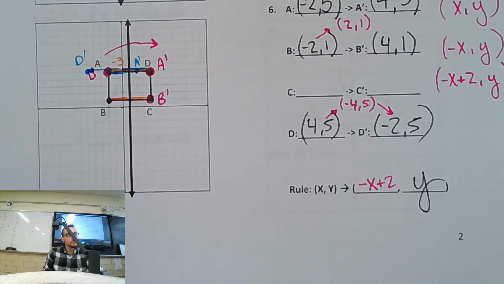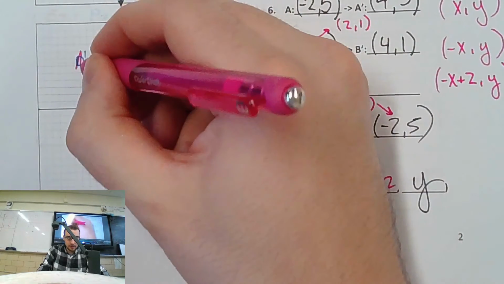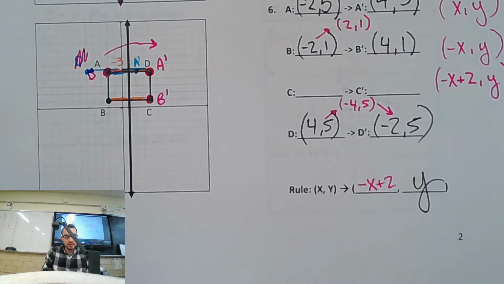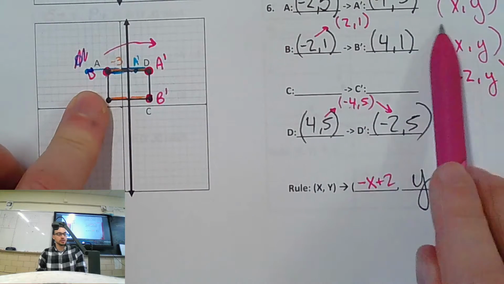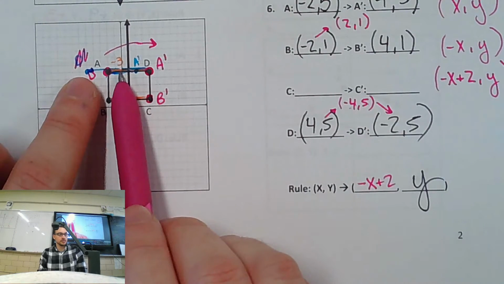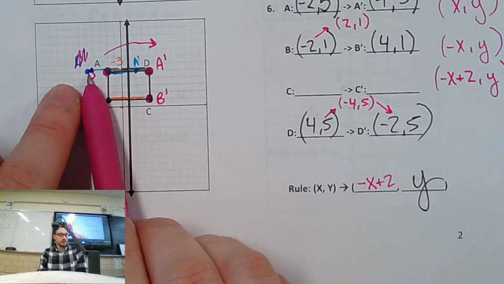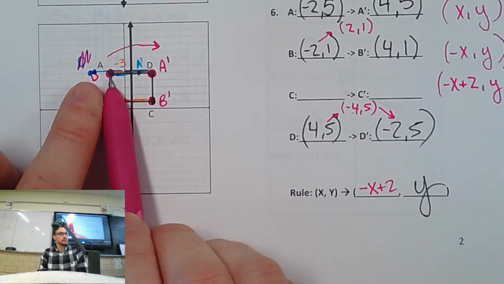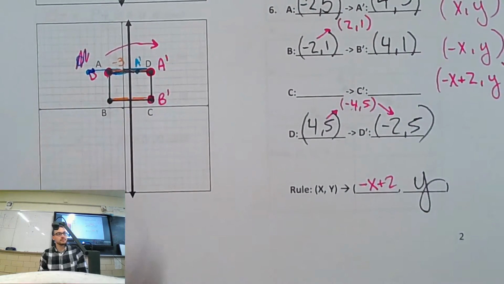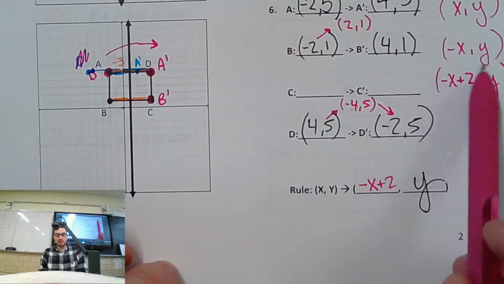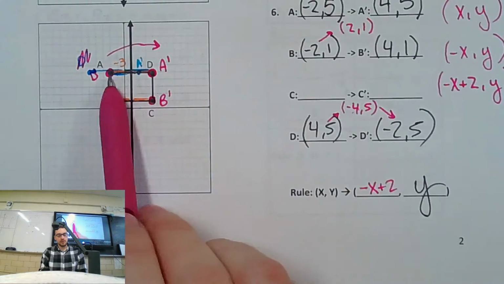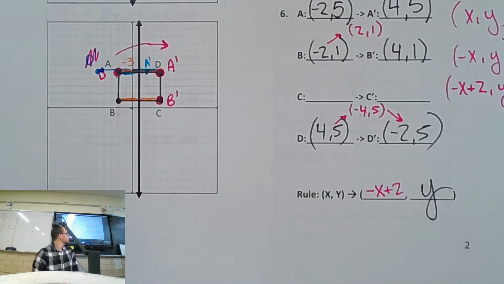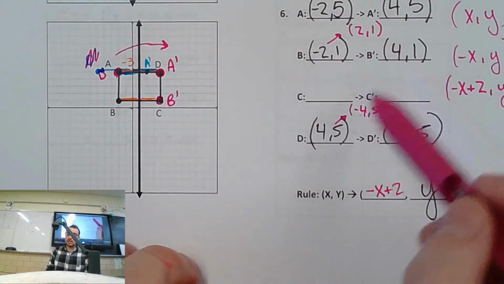I'm so confused why it's on negative 4 on the graph. This is wrong. The reason for the thing I did in blue, I was trying to show what this first move does here. When you just negate it, it assumes you're flipping it across the y-axis. If we did that, it would have ended up there. And then that plus 2 kind of corrects it. That's why this is what it is. Whenever we just do a regular negation, it assumes flipping it over the y-axis, even though that's not what we wanted. And so to make up for that, we had to slide it over 2. Plus 2. Good question.